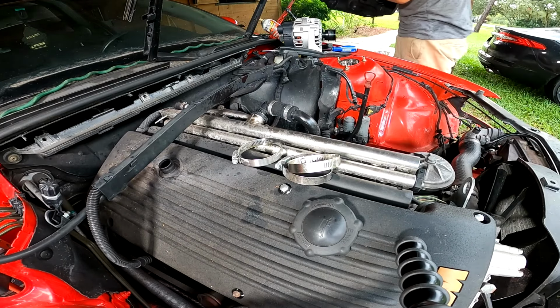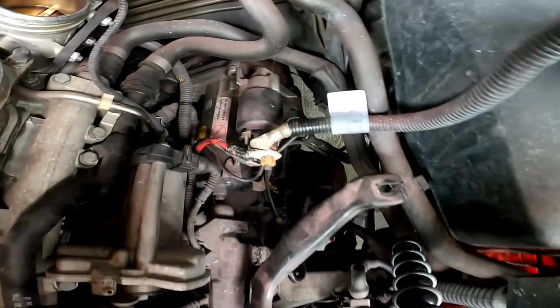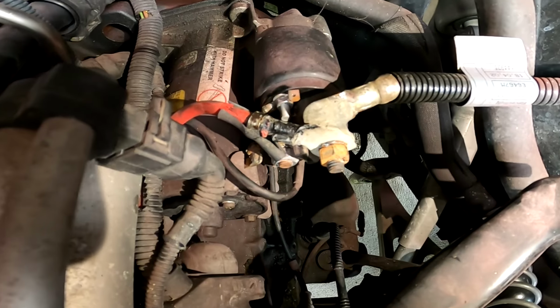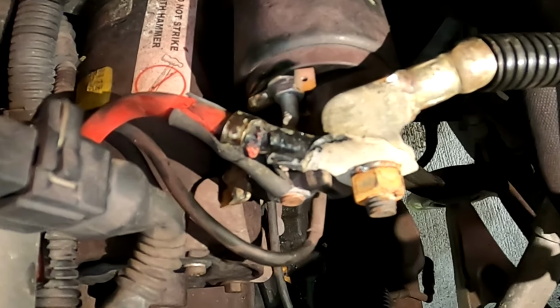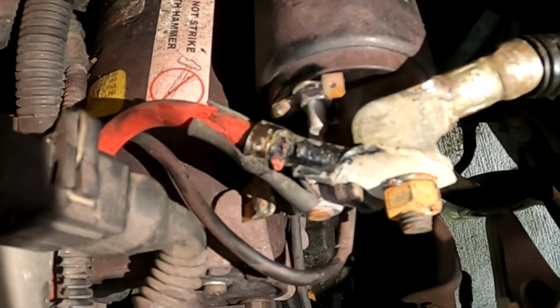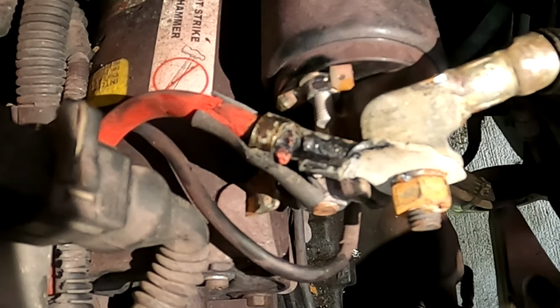Ooh, I see something. Check this connection out right here. If I can get the camera in there. Can you see that all right? You see how rough it looks all around? We've got that corroded nut. I'm not sure if that black is burning around the wiring insulation. I've got to get a closer look at the wiring itself, but